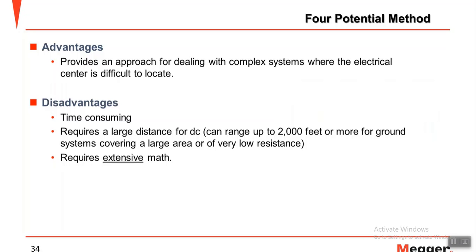The advantage of this method is with complex systems where the electrical center is difficult to find. So if it is difficult to find the center of your grounding system, I think you can use this alternative method to define a better measurement. But still, this has some disadvantages, like being time consuming, and it requires a large distance for the current